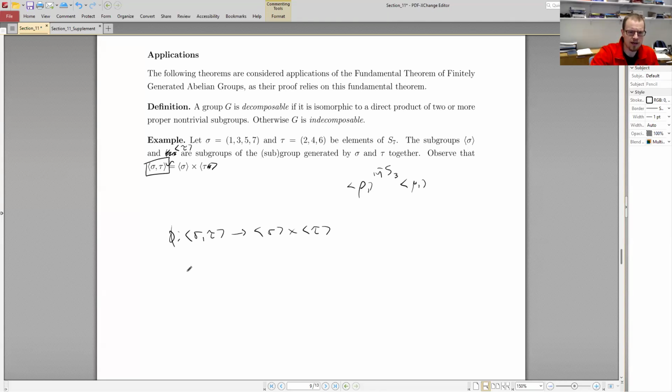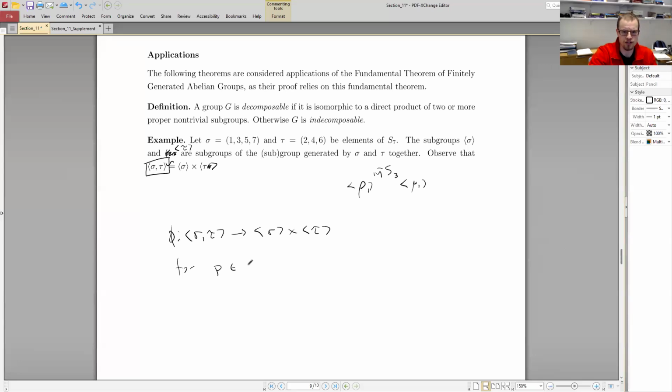And I can do that by noticing that for some element, let's just call it P for permutation,